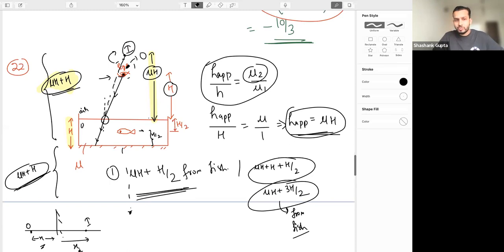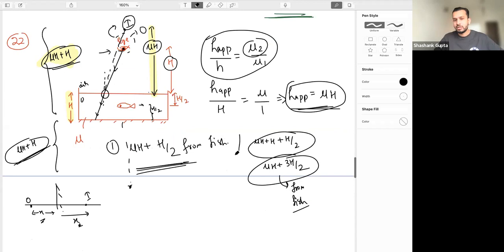So when I say this mu h plus h, the image will be formed at mu h plus h, but for the fish seeing this image, the fish is at a distance h by 2 from the mirror. So can I say this will come out to be mu h plus h by 2. Got it? Now is this part clear to everyone? Any doubt? It will probably take some time. You will have to see this thing again. What I just did, by looking at this you understand. See, if you are finding it difficult, see the lecture video again, you'll get that.